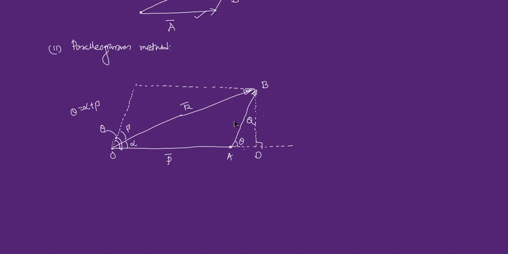And therefore the further relationship is R square is equal to P square plus Q square plus twice PQ into cos theta. This is one more relationship, and therefore I can get this vector R bar as the square root of P square plus Q square plus twice PQ into cos theta. You'll find that this method is a bit difficult as compared to the earlier triangle law of addition of vectors. So remember this relationship, R square is equal to P square plus Q square plus twice PQ cos theta. This is one way, and if theta, the angle between P and Q, is known, we can find out